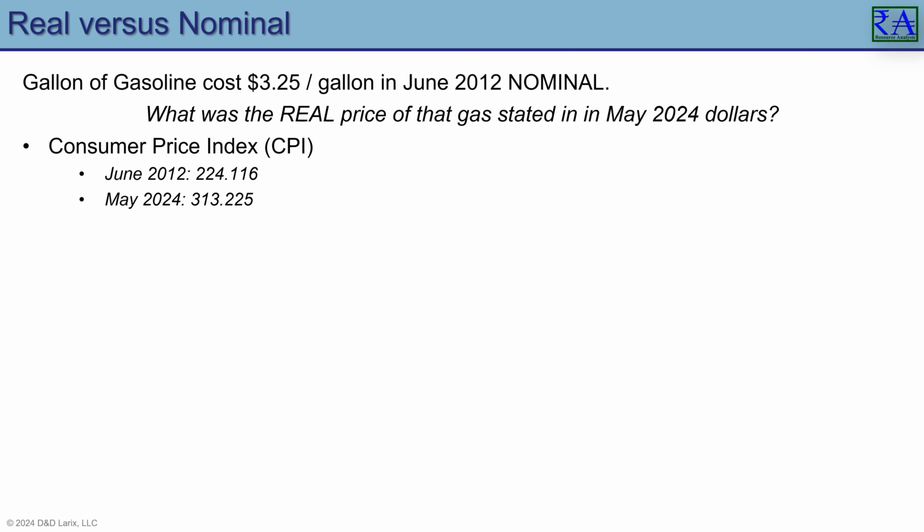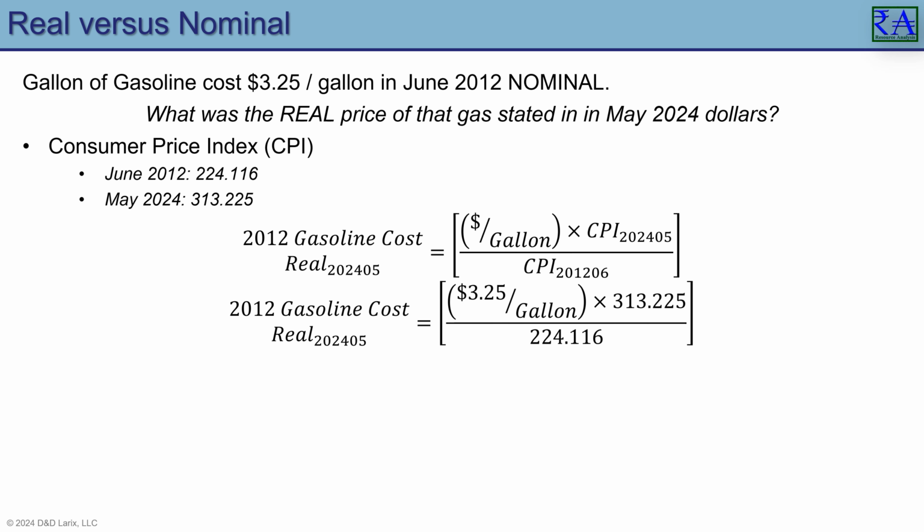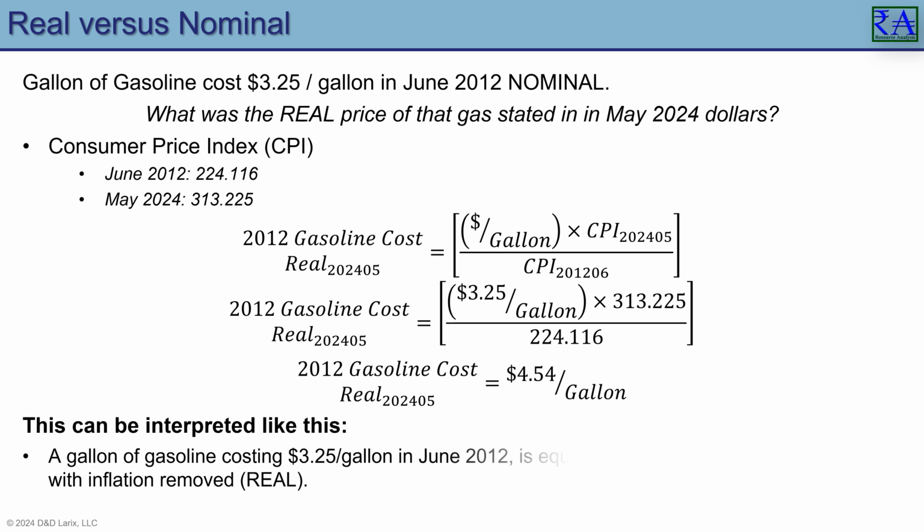Here's a calculation to adjust for inflation. The 2012 gasoline cost, in real terms for 2024, is going to equal $3.25 times 313.225. That product divided by 224.116. Okay, that comes out to $4.54. This measures that $3.25 per gallon in June 2012 is equivalent to $4.54 per gallon in May 2024 in real